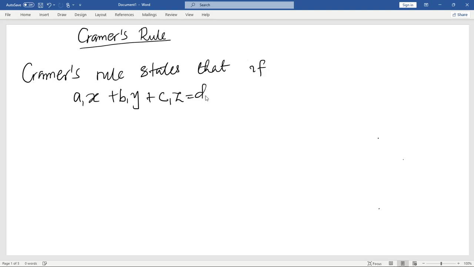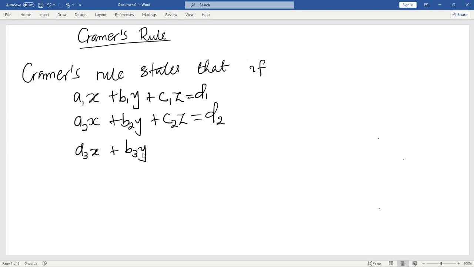then we have a2 x plus b2 y plus c2 z equal to d2, then a3 x plus b3 y plus c3 z equal to d3. Now, Cramer's rule states that if you have a system of equations like this, then the value